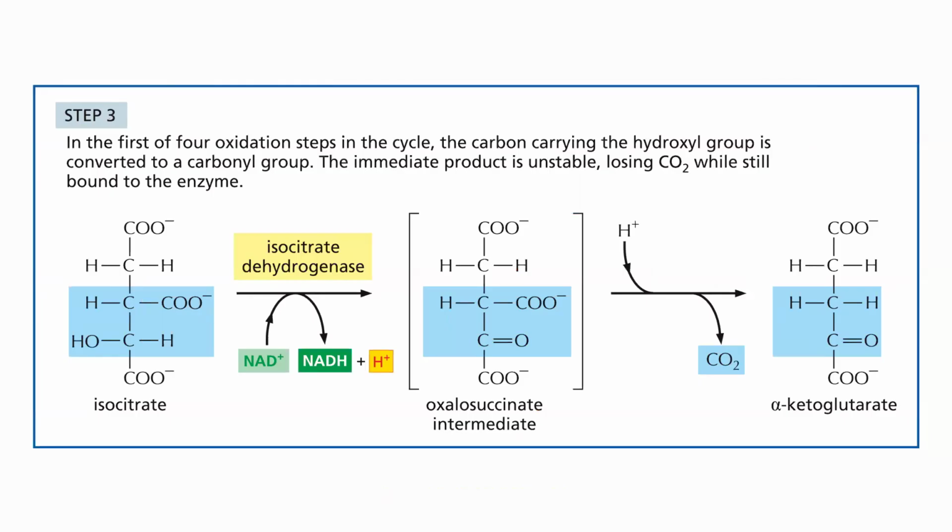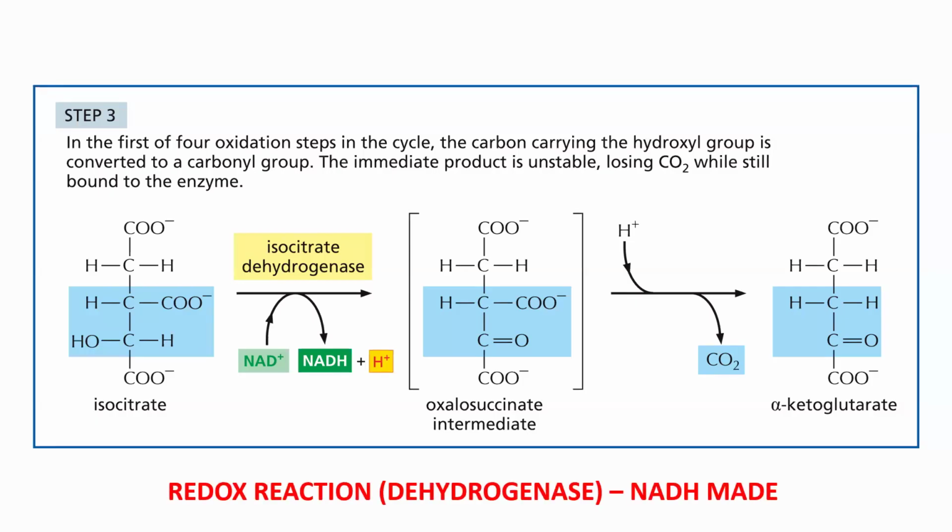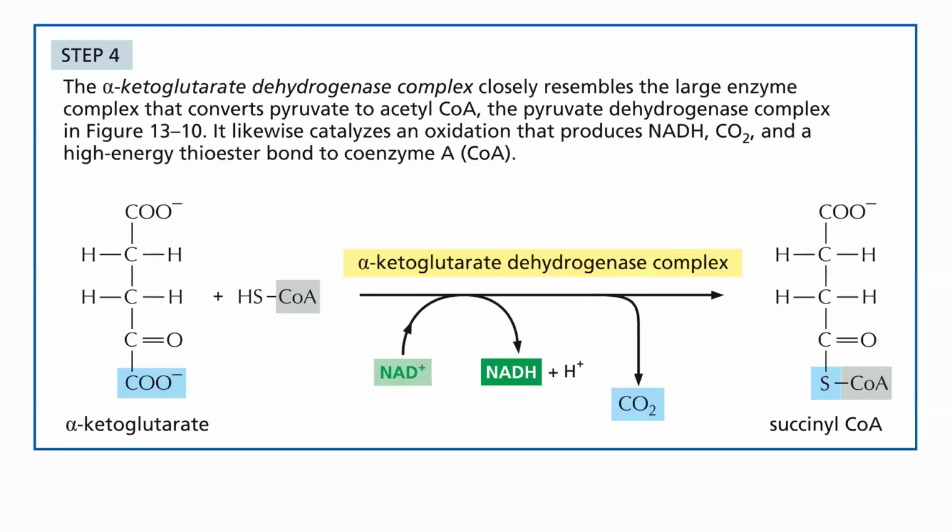Step 3. Step 3 is our first oxidation reaction. Also a twofer. We're going to first break some bonds, steal some electrons, and reduce NAD to NADH. And then we're going to decarboxylate the intermediate, turning isocitrate into alpha-ketoglutarate, or alpha-KG. The enzyme responsible for this is isocitrate dehydrogenase. Talk about a perfect name, right? Isocitrate, what it's working on. Dehydrogenase, what it's doing. And by stealing protons, we're stealing electrons. Our first oxidation reaction here. Oxidation of the substrate, reduction of NAD. So it's a redox reaction. Electrons are being transferred, electrons are being stolen, and NADH is made.